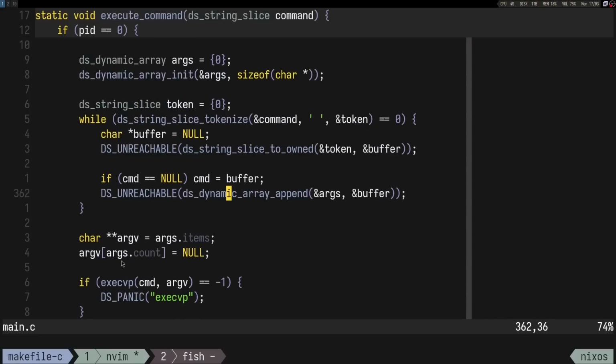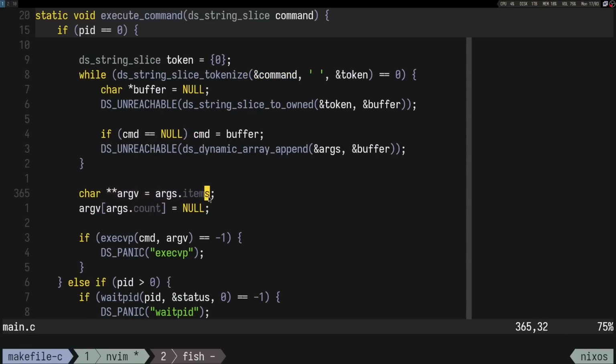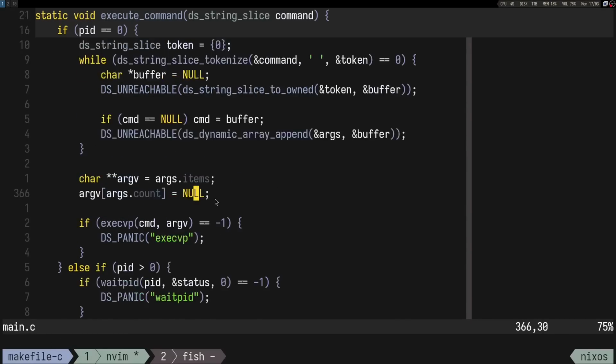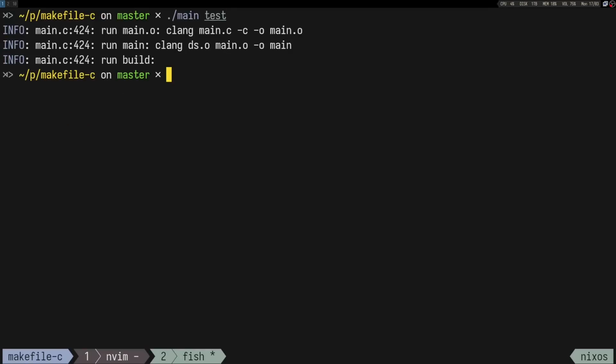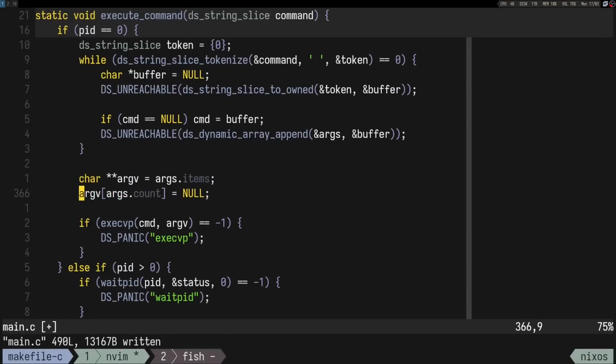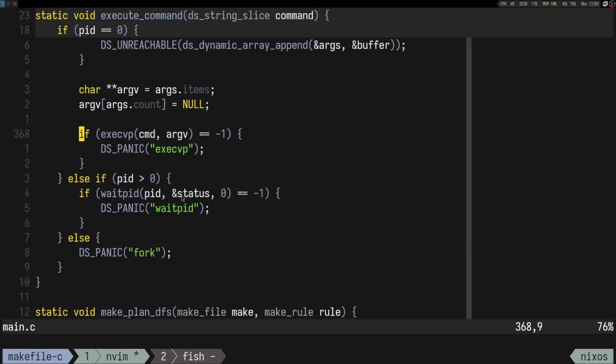And actually, see, argv needs this cmd to be added as well in the beginning. It's a thing that I just remembered when seeing the name of this parameter. But let's see what happens if we don't put a null at the end. I guess there's already a null there, so yeah. Anyway,